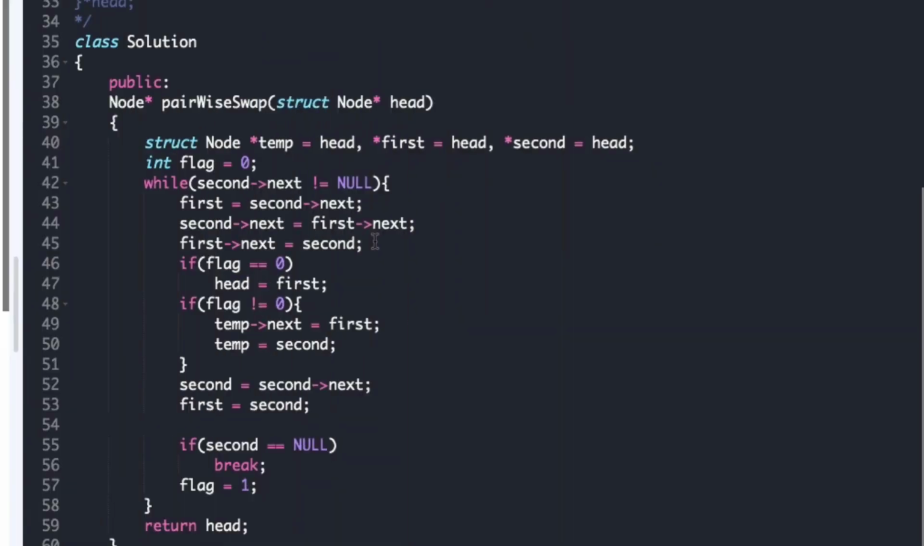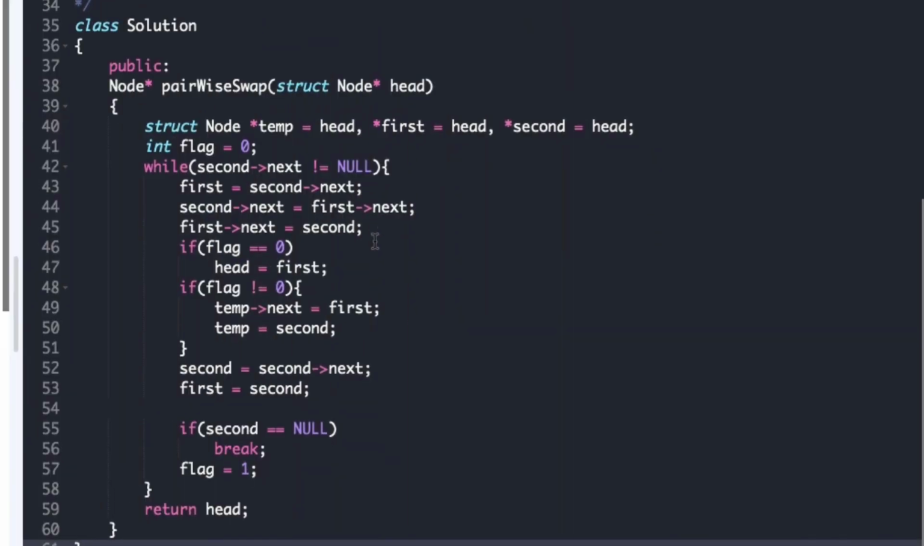Now let's have a look at our actual code. The driver code is already given and we just need to complete the function pairwise swap whose argument is the head of the linked list. So as we have seen in the explanation part, we have created 3 node pointers and pointed them to head, namely temp, first and second, as well as we have created an integer value flag which is assigned to 0. So initially in the while loop we check for the condition whether second of next is not equal to null, and if this condition is true then we enter the while loop, we make first as second of next